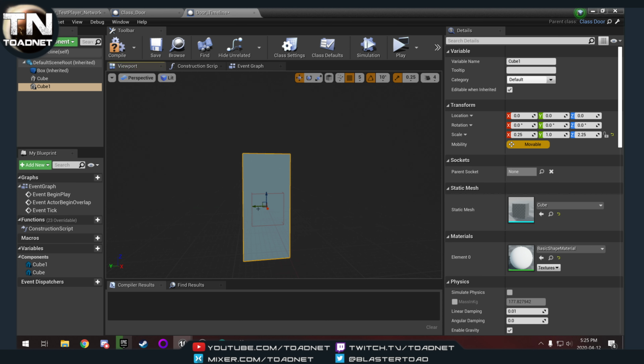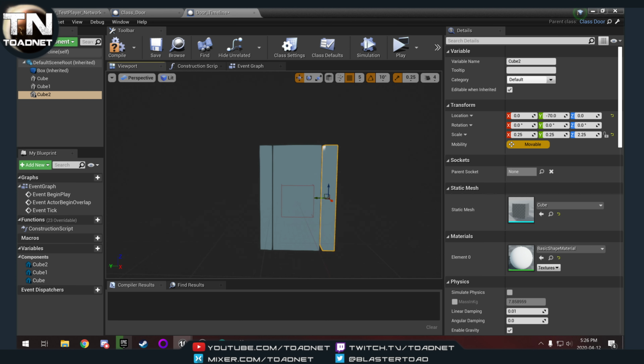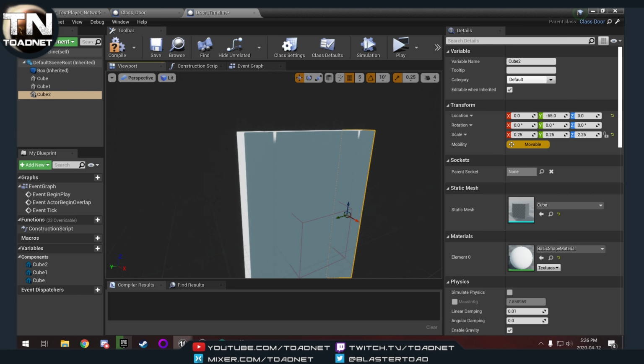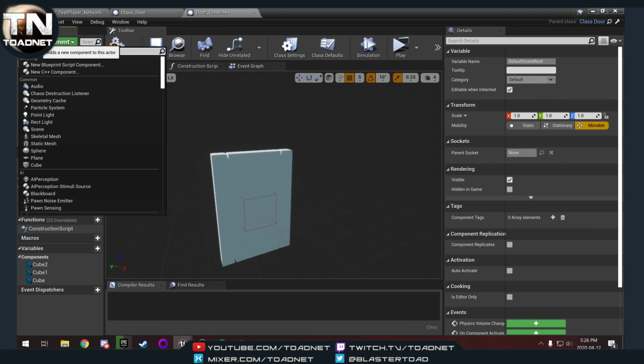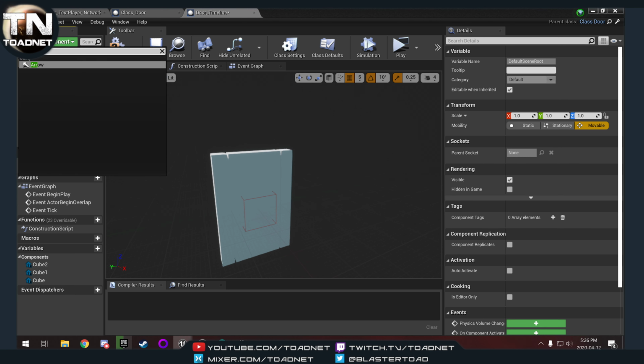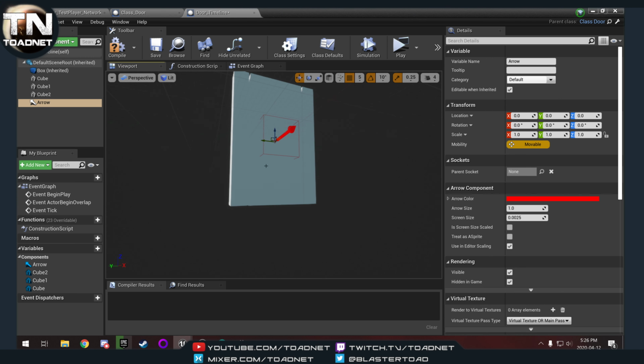And then make a door frame for it, just so that it's more distinct. Something like that. I am going to add an arrow. Arrow is going to be my hinge, so